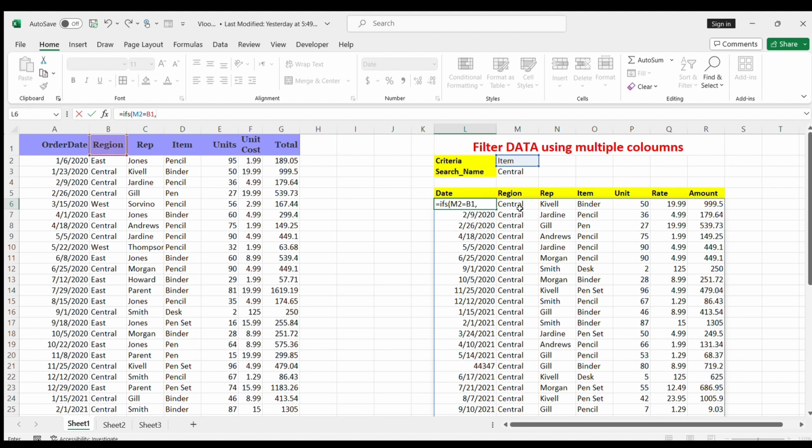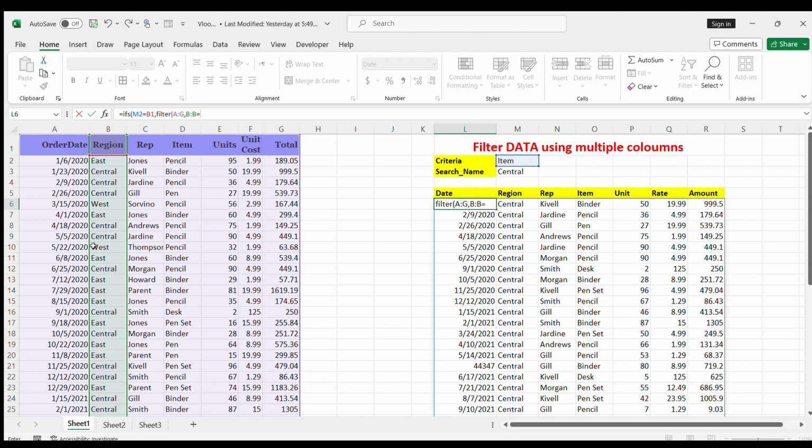So the function is filter. Now I hope you can understand how I'm choosing the filter option. Now I'm going to select the whole table, press comma, include. For the include, what will you use? Right now I have seen the pop-up messages that will not be shown in the video, since I have used a screen recorder. So for include, I'm going to use the region option, as the criteria is selected as region. This should be equal to